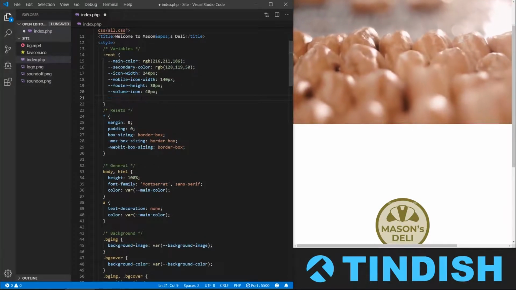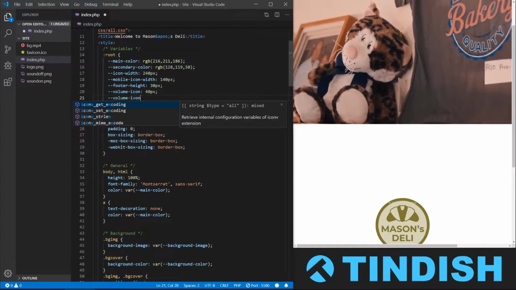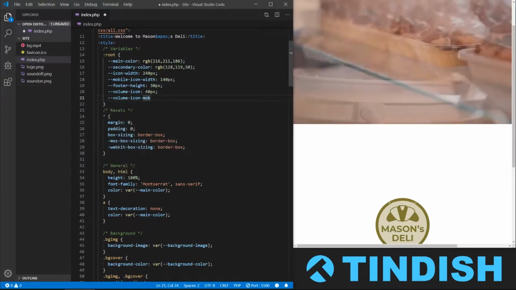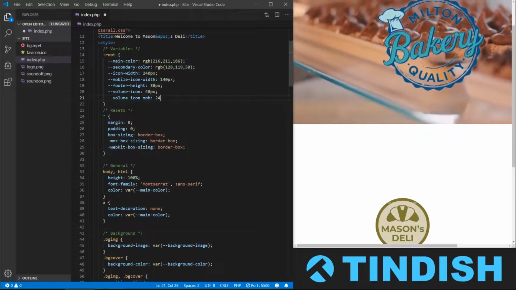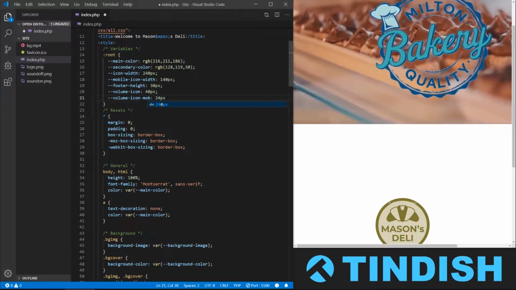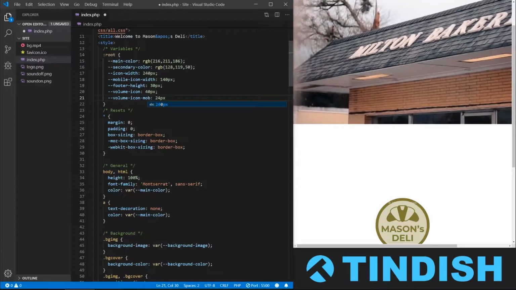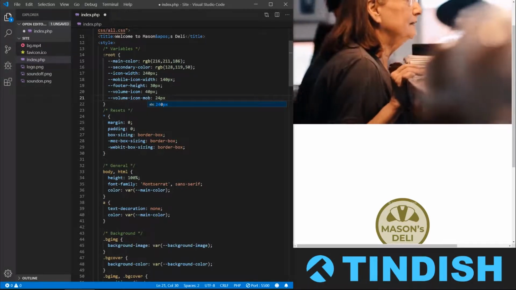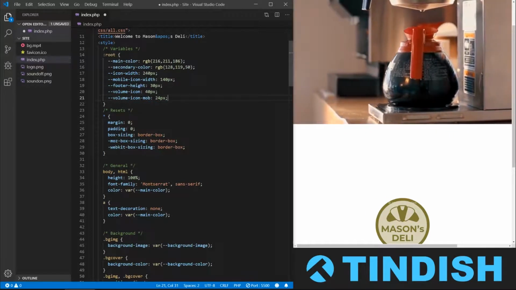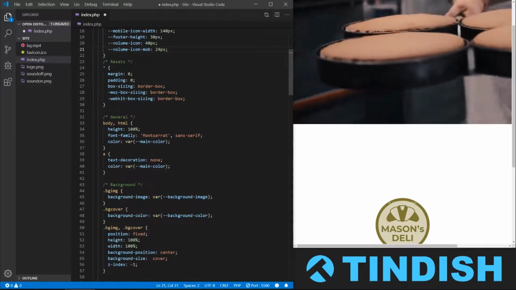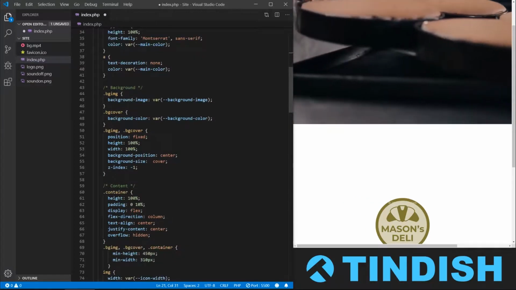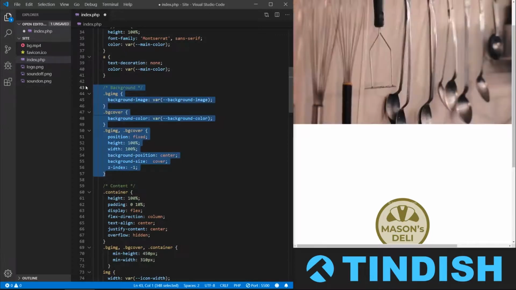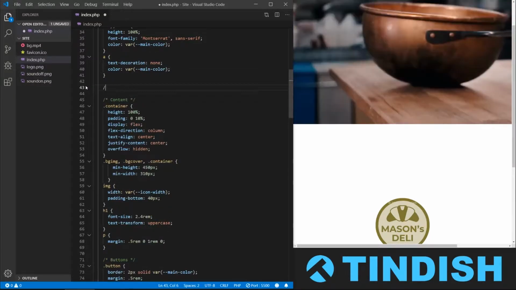And we're going to have another one which is the volume icon height on mobile, which we're going to have slightly smaller. You could obviously give these relative sizes, rems, ems, a percentage of the vertical height or the horizontal width if you wanted, but for the purposes of this, an actual fixed size works just fine. These bits we can all keep. The background stuff obviously all needs to go because now there's nothing in the background, so we'll get rid of that. And we'll create a new section